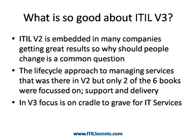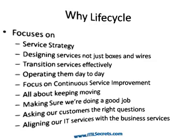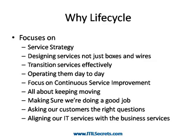The reality is that within version 3, we're seeing a lot more about the whole life cycle of managing services. And the fact of the matter was, it was there at version 2. There were 6 core books at version 2, but we chose just to focus on the 2 major elements, which were support and delivery. Now, what we've done with version 3 is essentially taken those books and said, okay, we have to use all of the elements. And the creation of these 5 core volumes means that we're actually looking at a cradle-to-grave approach for managing IT